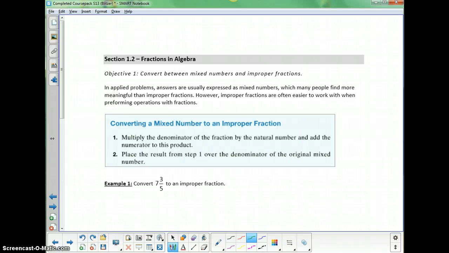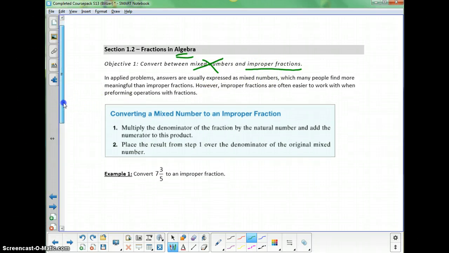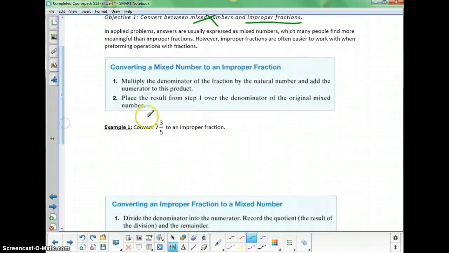Section 1.2 is on fractions in algebra, and so we're going to start by looking at objective 1, converting between mixed numbers and improper fractions. Part of the reason we want to do that is because anytime we're using fractions in algebra, we're going to want them to be improper fractions, and we're not going to use mixed numbers. Mixed numbers are still useful. We'll see them in application problems or maybe as a final answer sometimes, but especially in algebra, I'm going to be using improper fractions. So, if I have a mixed number that I need to convert to an improper fraction,